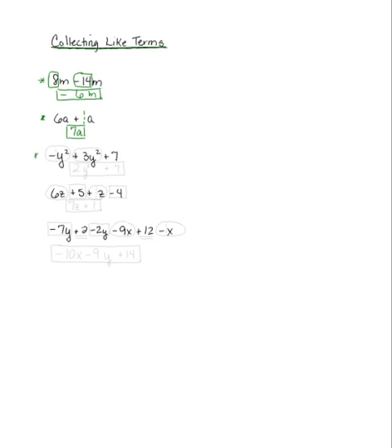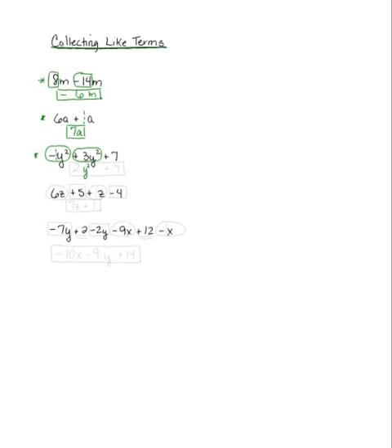On the next one, we have to distinguish which ones are like. If you're looking at the example here, there's negative y squared. So again, it's understood if there isn't a number that that's a negative 1. So I have negative y squared, and then the positive 3y squared goes with it because they both are the same thing. So y squared would be yo-yos. I don't know. It's still a label. Just because I have an exponent on it doesn't mean it's not a label. The exponent only applies to the y, so the y squared is the label.